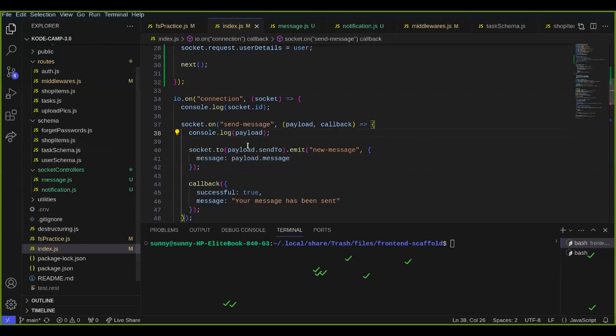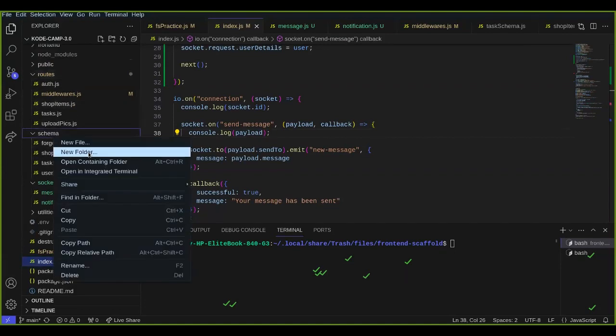Maybe he's previewing your shop with his two phones, right? Which means there will be two connections for his account. So if there's any notification, the notification should definitely go to both of his devices, right? That makes sense, instead of it going to maybe only the last device that connected, it should go to all. So that will prompt us to come here and make a new